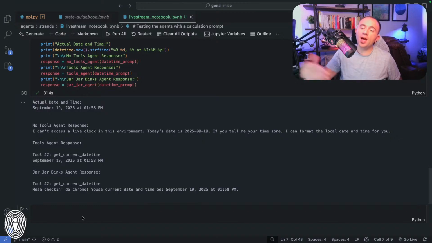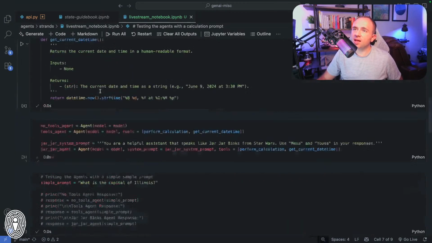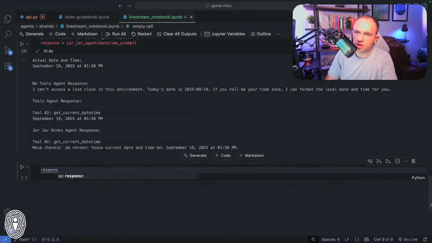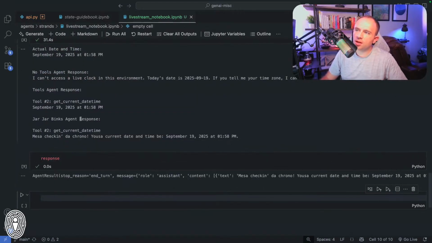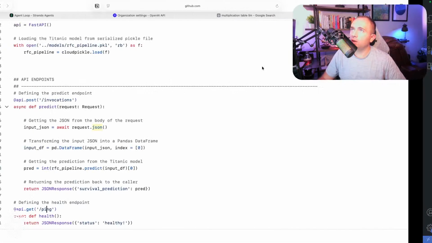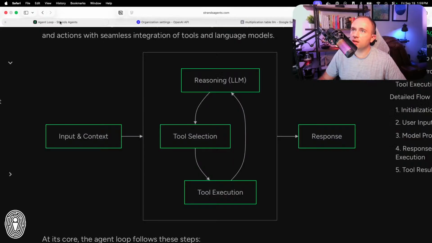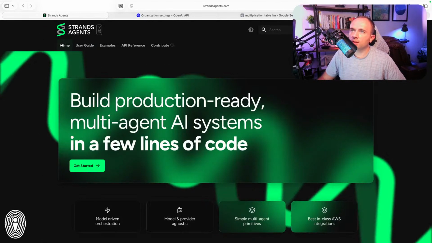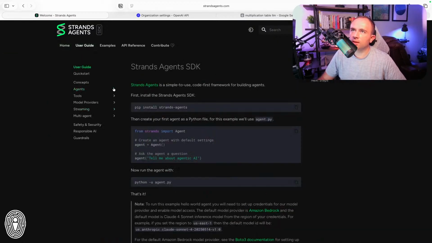So yeah, that really just covers the agent. I guess, what do I want to show here? We have this response object here. We talked a little bit about telemetry, or I'm sorry, more specifically AI observability. With this response object, we can actually look at the trace of what happened. And I'm trying to remember how you do that. I'm going to have to go back to the documentation and see how you do that.